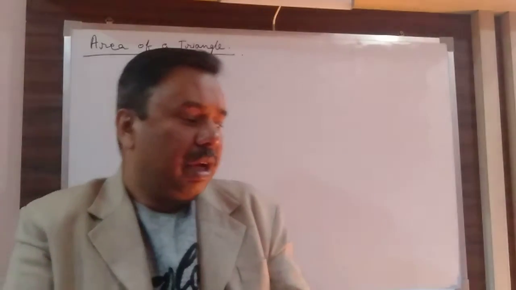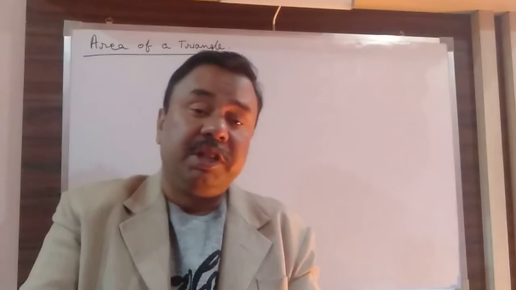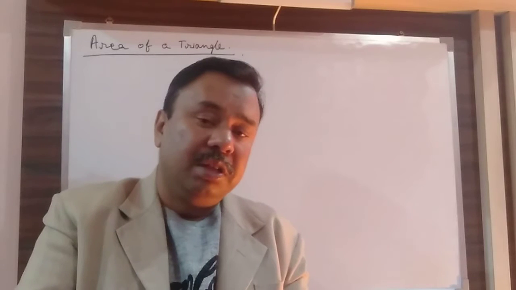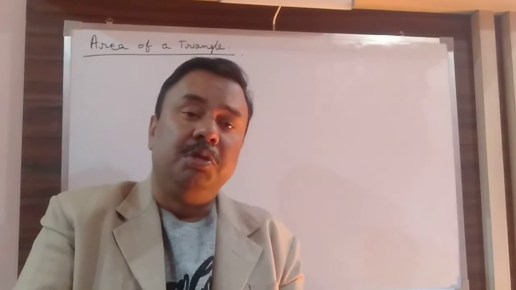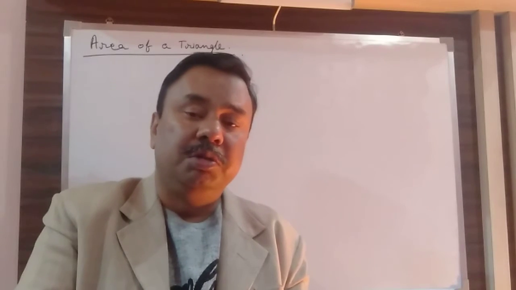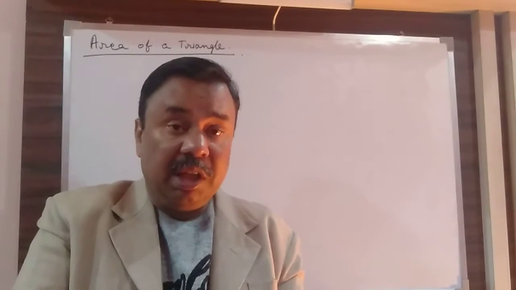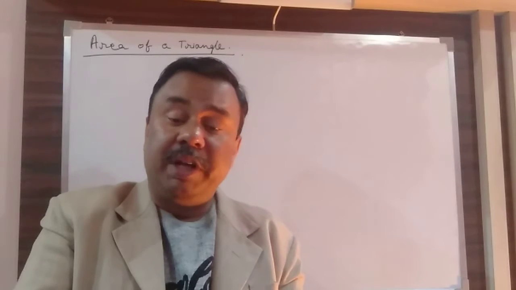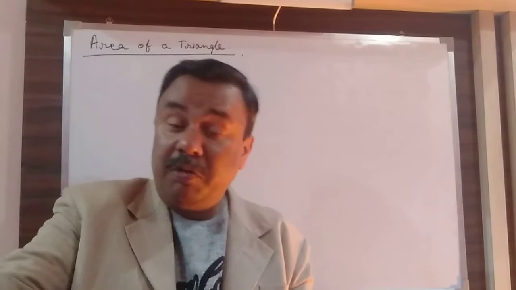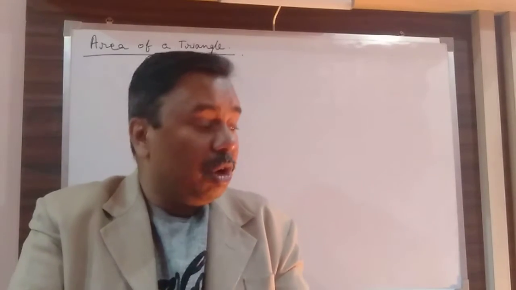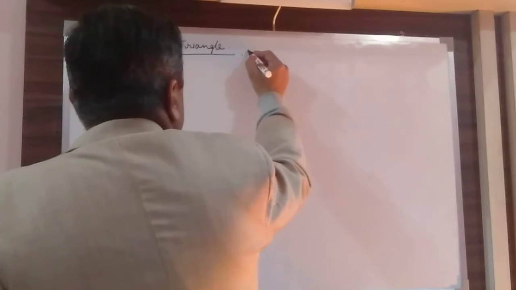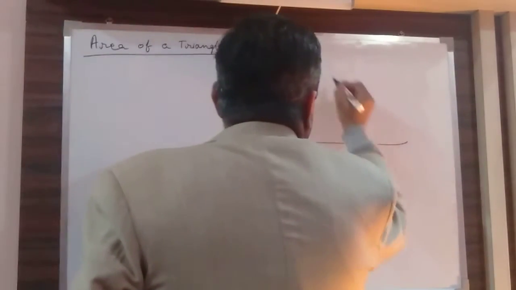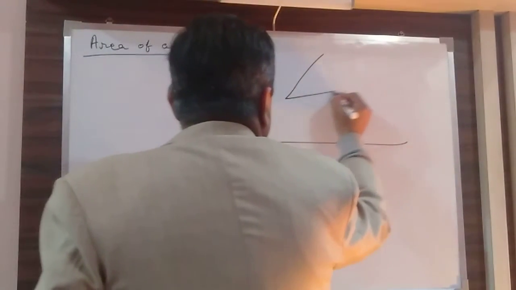Okay, now you don't know what is the height, whichever side you take as a base, you don't know what will be the altitude on that base. If you can know, then only you can find out the area by using the formula of plane geometry. In coordinate geometry, how do we find? Okay, just let me take like this. Suppose that this is a triangle.